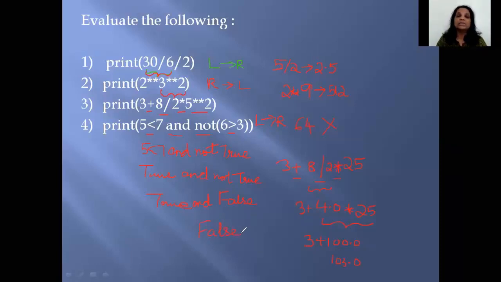Okay. So in your class 11 exams, you can expect some evaluation questions. You just have to follow the priorities that were given and start evaluating it step by step. Though you can do multiple things at a time, I would suggest you go according to priority, like I've done, one step at a time, and then we evaluate. So for sure we know that we are not going to be making any mistakes. Is that clear? So precedence is over. And did you look at the expressions? Some of the expressions were purely arithmetic. Some were compound expressions because they had mixed operators being used. Is that clear? Okay, so now let's just move ahead.